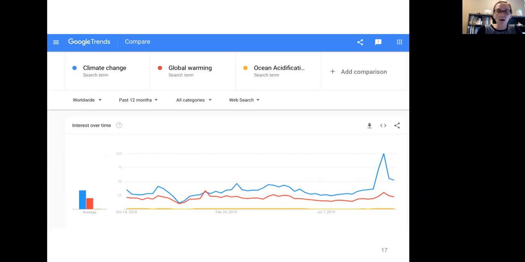So this graph is showing you the interest in these same terms worldwide. The previous example was just in the United States. And so you can look at worldwide trends or regional trends or trends in specific countries, particularly if you're going to write something geared towards an audience in a certain area.